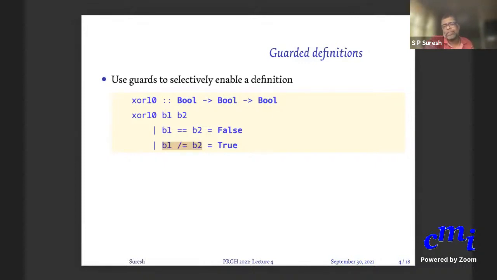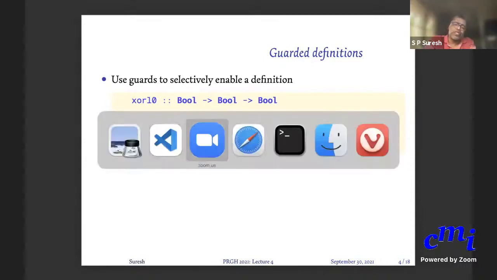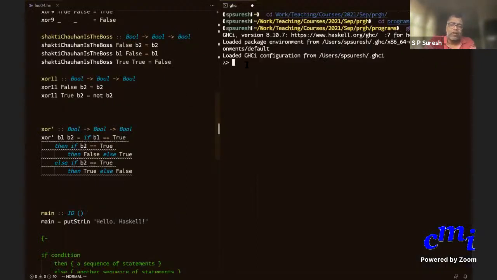By the way, you can always go to GHCi and you can import any of this. You can say colon import, just import anything you want. There are some basic libraries that are given, like list. This will import all the list functions. You can do this at any point of time. You can import data dot control dot. You don't need to know what control dot command is. You can just import it.